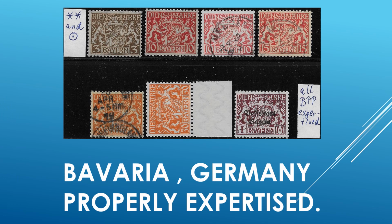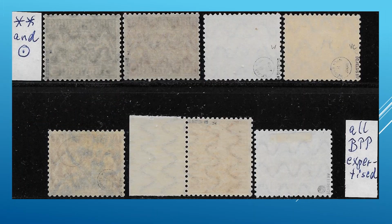These Bavaria stamps of Germany all were properly expertized. The expertizing covered paper type, color, and cancels in this particular group. Here are the identifications of the various expertizer markings. For example, right here is the expertizer's name